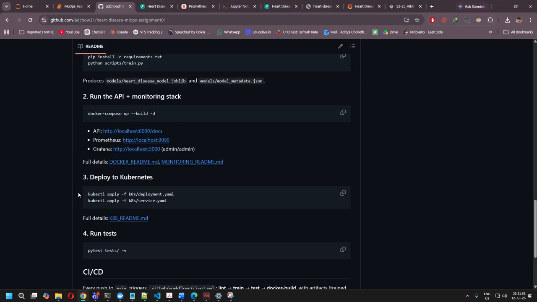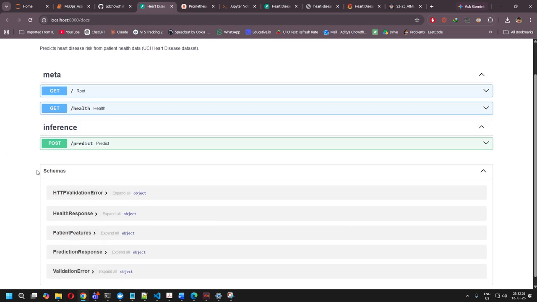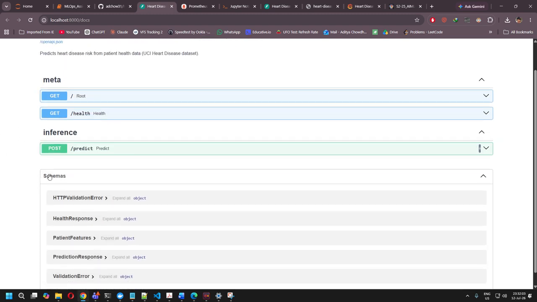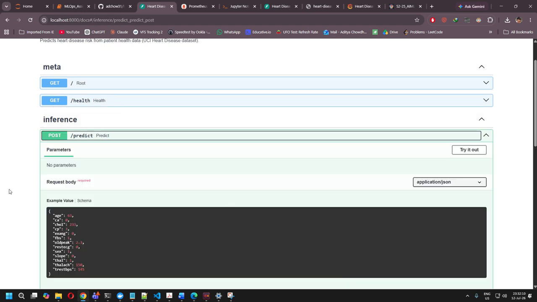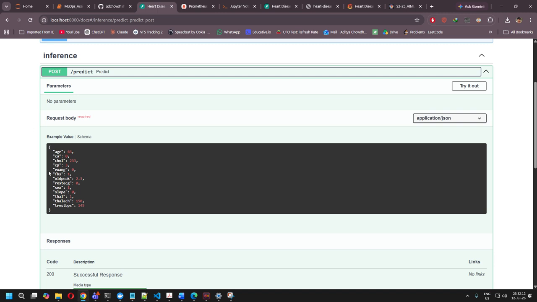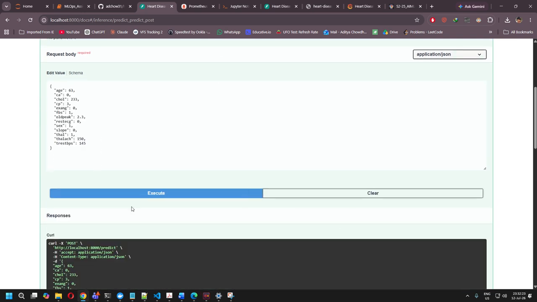Now if I go into the APIs, let me go into this API once. The API is acting like a Swagger. It is an endpoint. So this Swagger API is responsible for hitting all of the request bodies. The request body over here is actually coming from a test case. The testing file is present over there, which contains these attributes. So if I go into the try it out method, and then click execute,